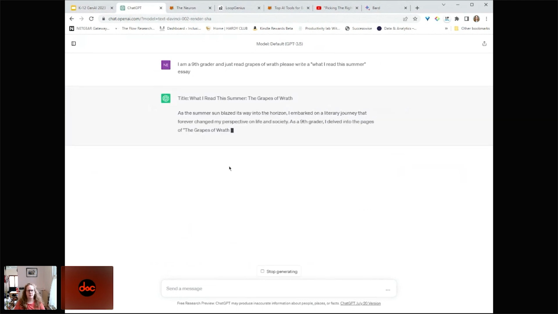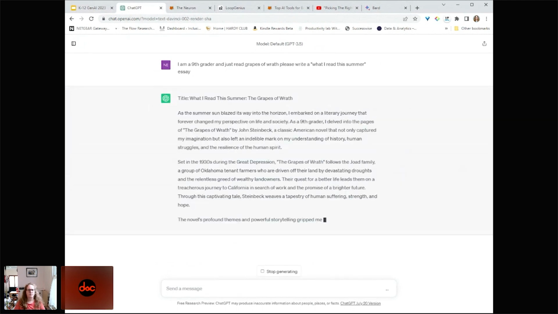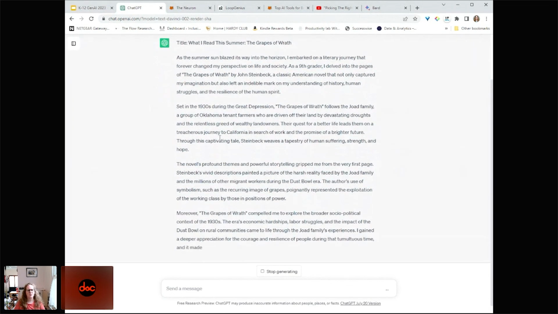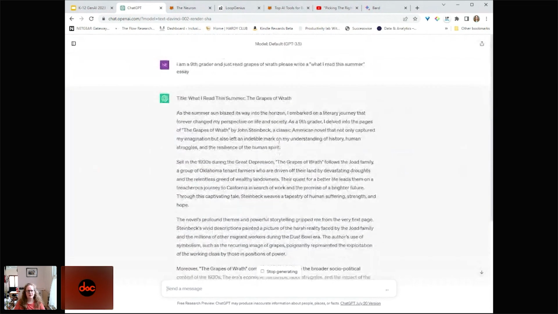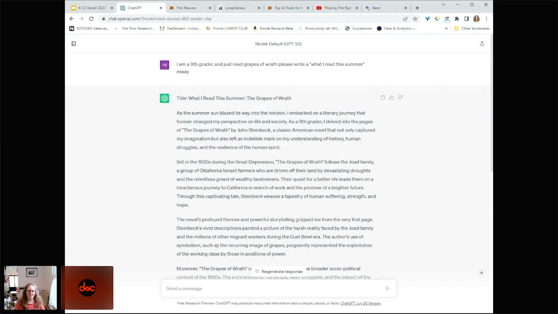And it's going to sit down and write it out. Oh, good God. No ninth grader would actually write in those types of terms. It explains what it is. So now it's written it in as a summer sun blazes, right? That's not a ninth grader writing. But it writes something.